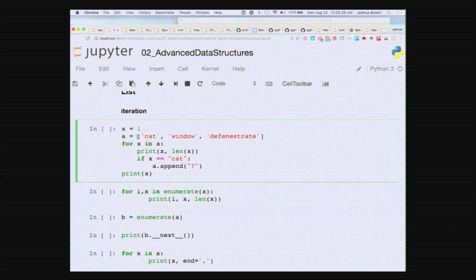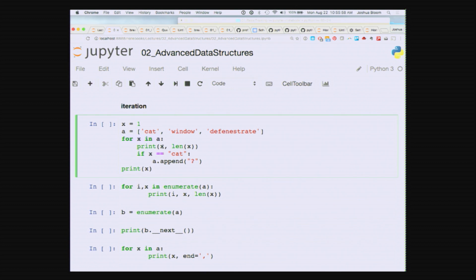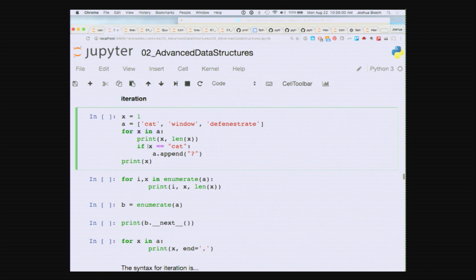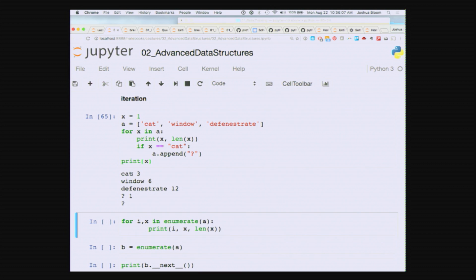Now, instead of what you'd have to do in C or Fortran, where you'd have to create an index and then basically increment the index value, now we actually just directly get access to these individual values in this list. And each time this for loop is executed, we're going to wind up assigning x to the next value. So for x in a, the first one will be cat, print that value, print the length of that value, and if it's cat, append a question mark to the end, and then we'll print the letter x. So the